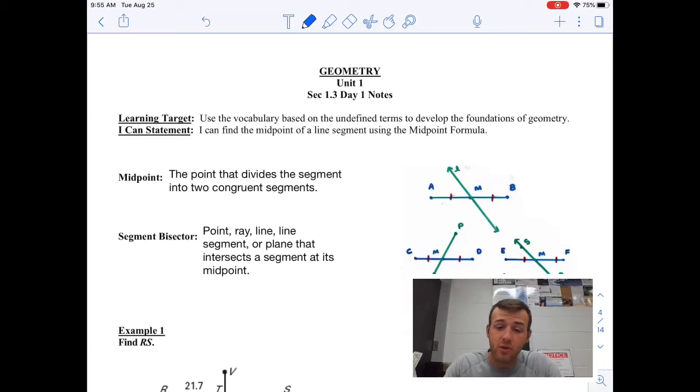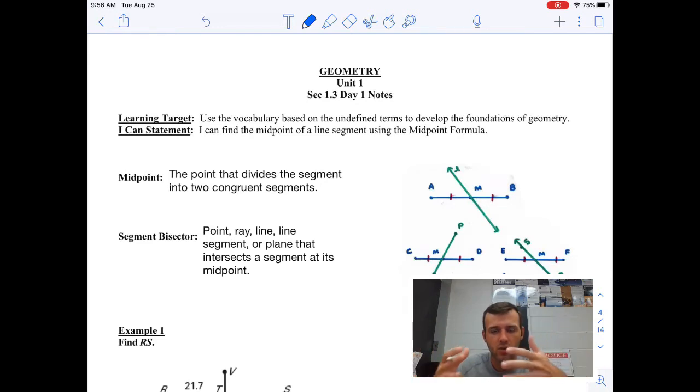It is geometry. We're going to do 1.3 part 1 notes today, so that means we're all about midpoint. Looking on the screen here, and I'm looking down on my iPad, you can see that we are going to use vocabulary based on the undefined terms to develop the foundations of geometry. It's the same one, so we're still building from our initial essential vocabulary from the first day, and we're building